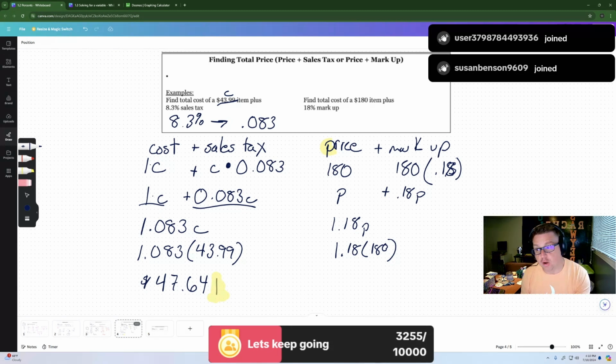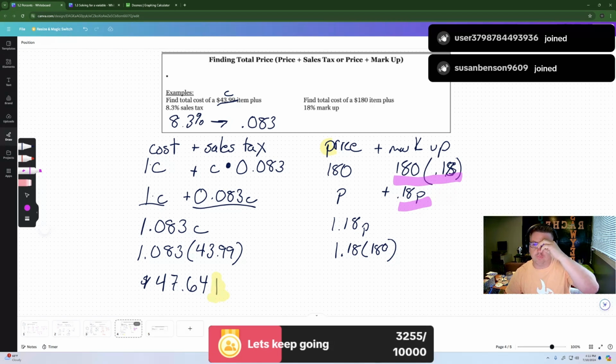Now, on the other hand, you could just do the markup, find the solution, and then add it to 180 like we did in the previous problems. But if you wanted to go the more straight route, you could do it this way as well. So whatever is convenient,